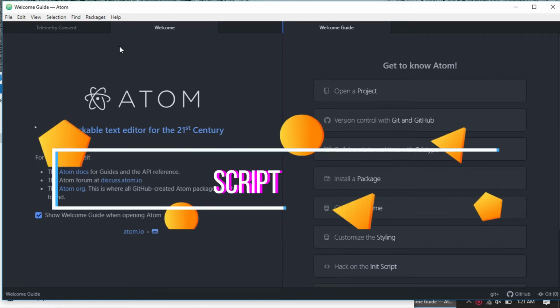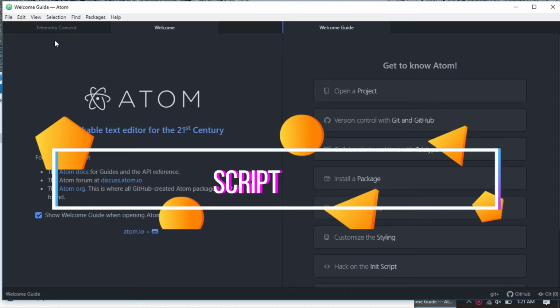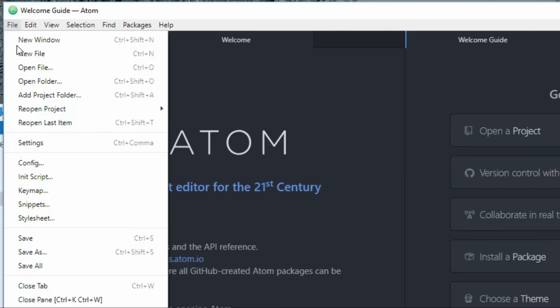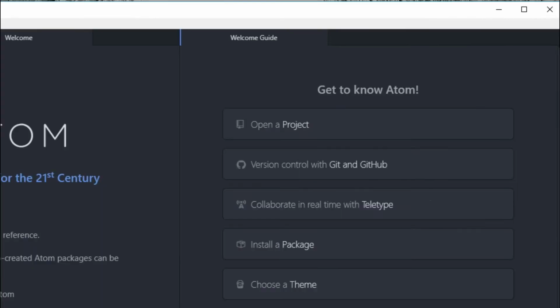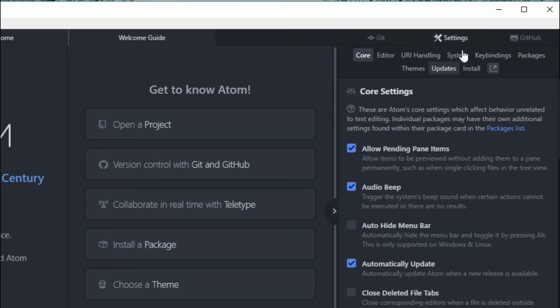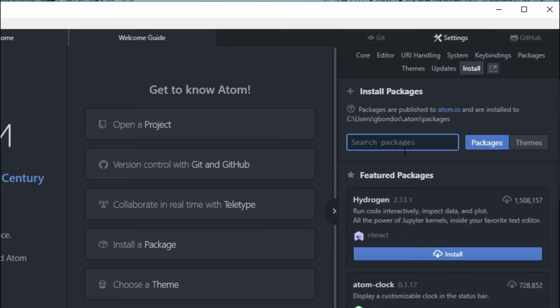That package is called script. You can install a package by going to file and going to settings. When you go to settings, you can see settings here. You need to click on install. Under install, you have to find the package that we want. Since the package we want is script,